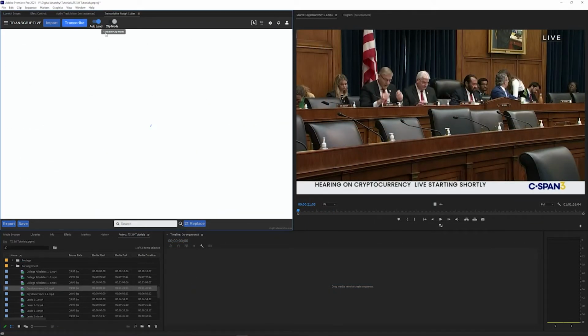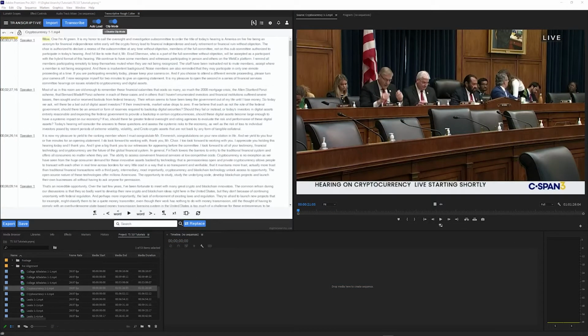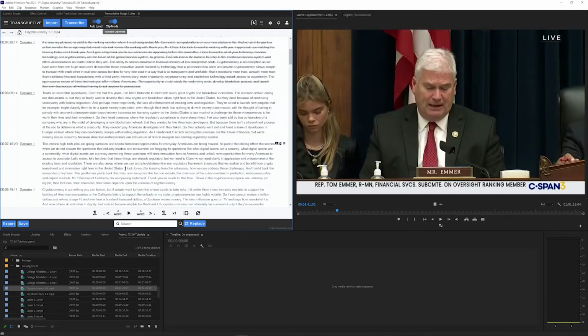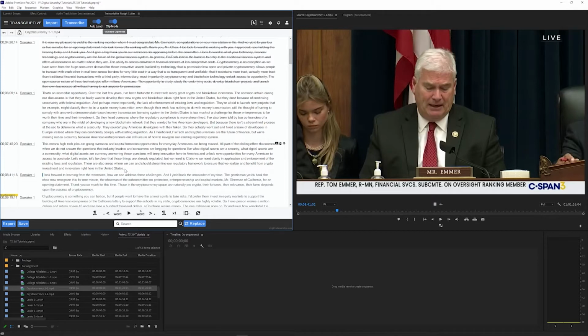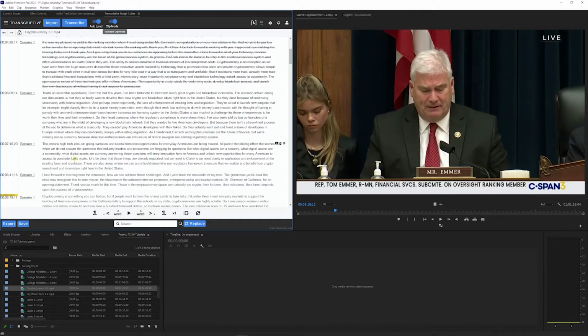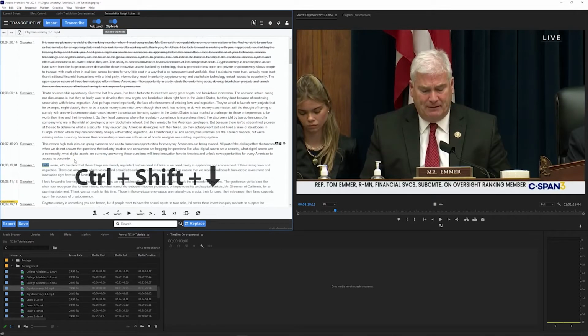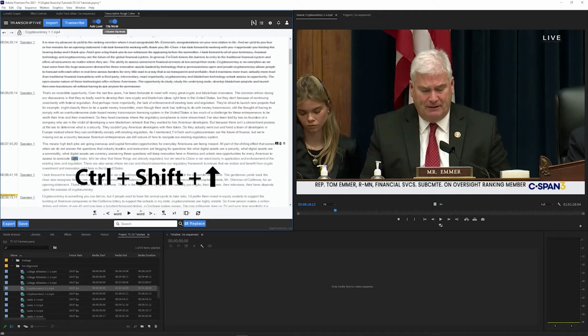So I'm going to start with this transcript in clip mode and go through and strike through the sections that I know I want to cut out. I can double click a word and press enter to create a new paragraph and strike through that. To turn the strike through off, just click the button again. You can also use the split command, which is Control-Shift down to break up paragraphs, or the merge command, which is Control-Shift up to combine them.